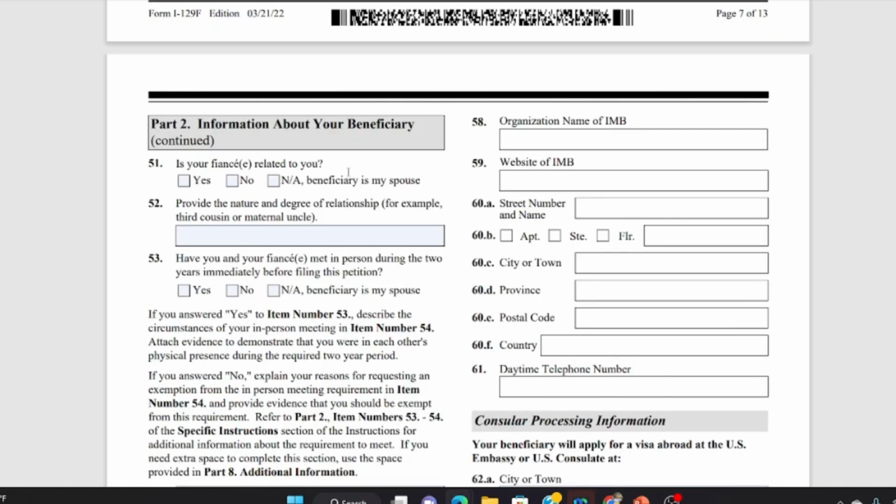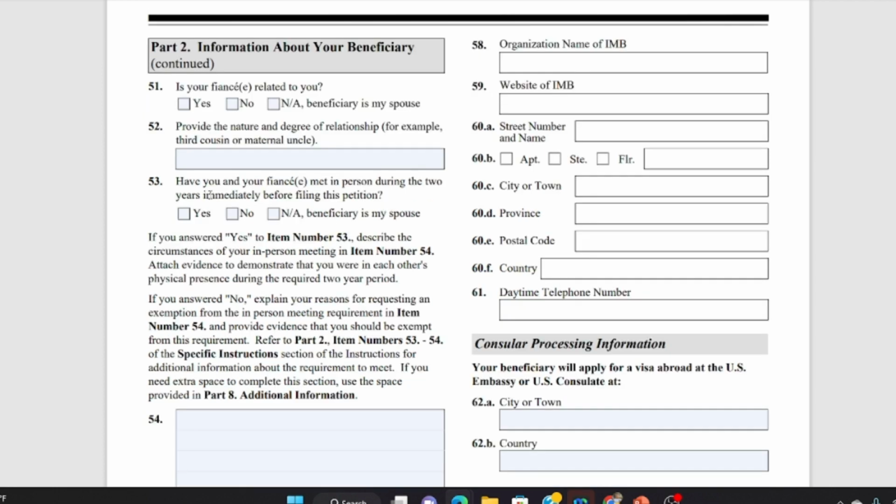Is your fiancé related to you? If yes, indicate yes. If no, just indicate no. If you are filing for your spouse and not your fiancé, do not select this. Provide the nature and degree of relationship. For example, if you selected yes, maybe he is my third cousin or maternal uncle or whatsoever, you just need to indicate it here. But if you selected no or not applicable, maybe if you are filing for your spouse,